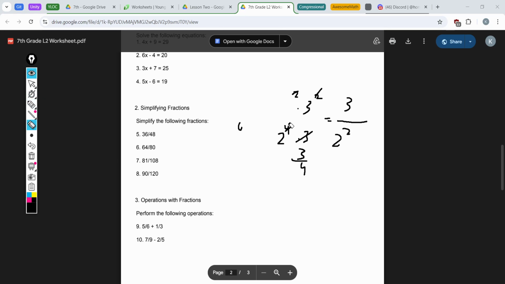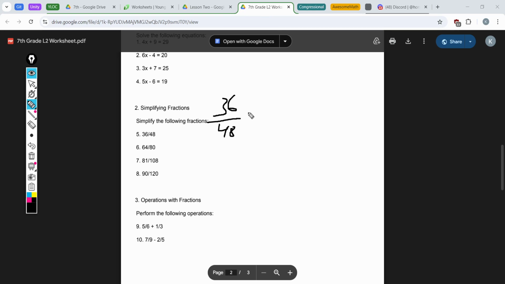Another way you could solve this, I'll do the same problem to make it easier to see the difference. 36 over 48, you could find their greatest common factor, and well, there's no exact way to find the greatest common factor unless you do the prime factorization like before, or we could just guess. So the greatest common factor is actually 12 here, but even if we guess wrong and say it's 6, we